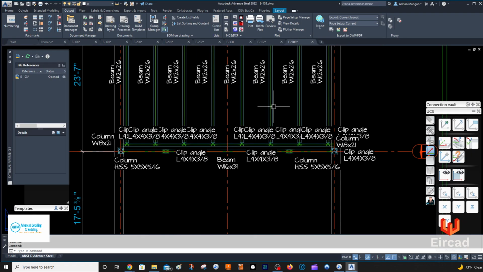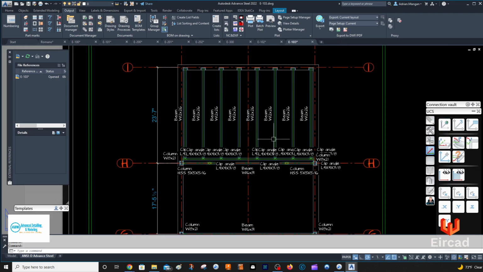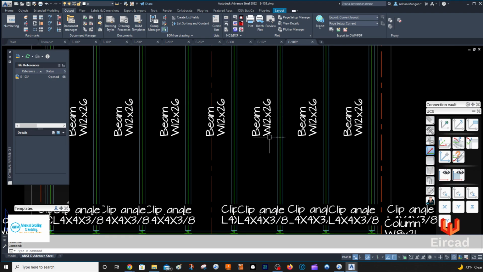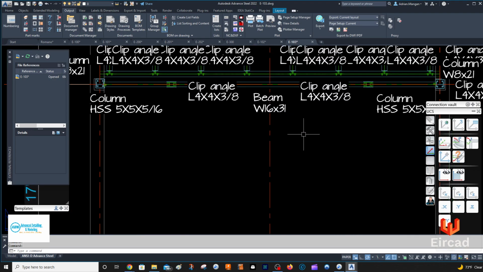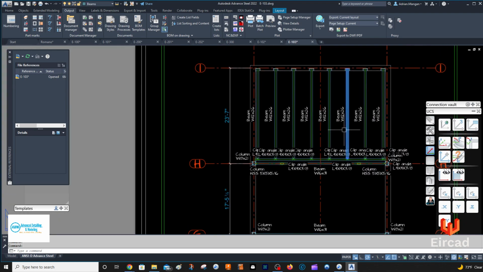Now I need to rotate that. You can see I have all sorts of issues with clip angles or beams. So if you have it set to come in with the beams labeled, it's going to label all your clip angles. So what you need to do is specify that these need to be